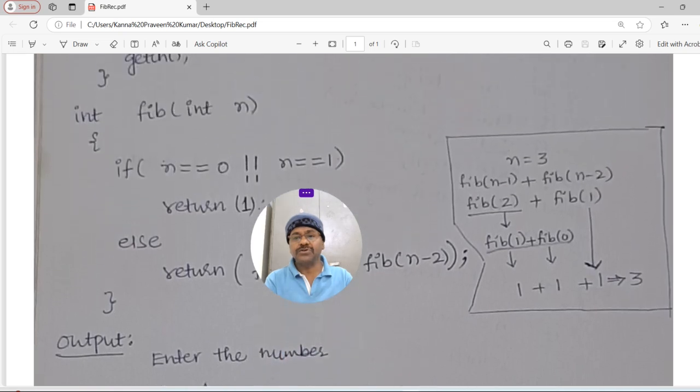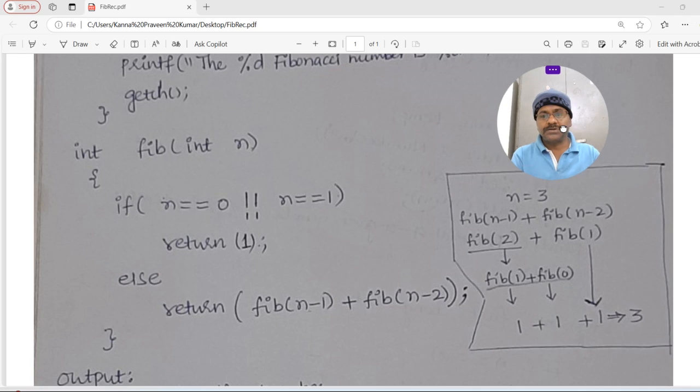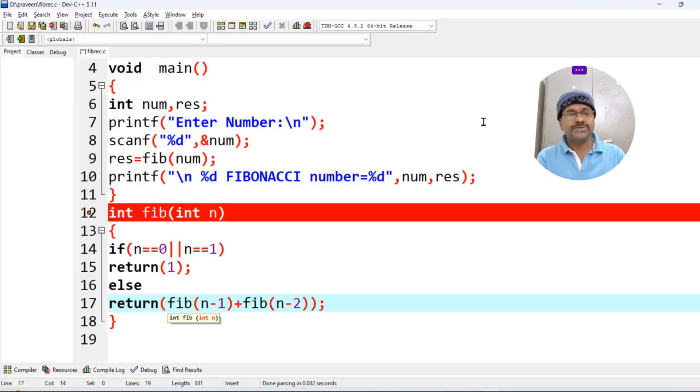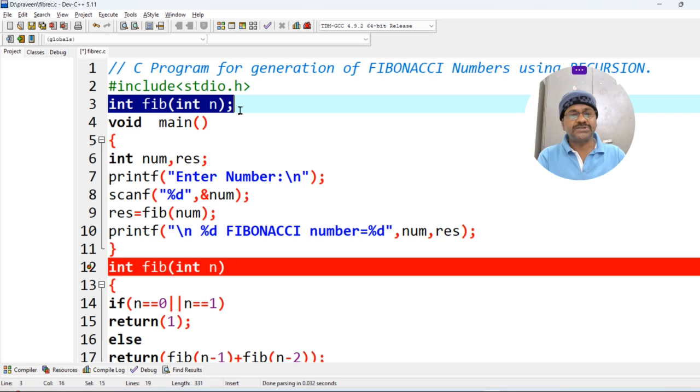While we are calling, we push into the stack. While we are returning, whenever we return, the value will be popped from the stack. Like this we will get the recursion for the Fibonacci number. You see here, generation of Fibonacci numbers. You see here, above the main, we write the prototype of a function or signature of